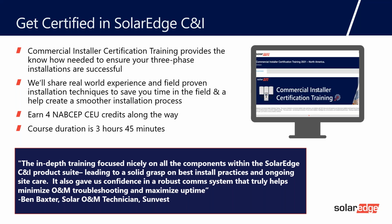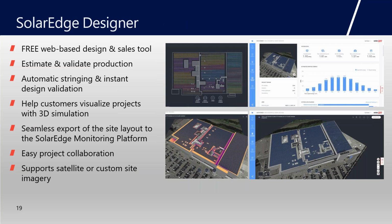And in addition to that, with the monitoring portal account that you likely have already with SolarEdge, with that user sign-in, not only do you get access to Edge Academy and all of the training resources we have available to our partners, you also get access to SolarEdge Designer. And this is a very powerful tool that I wanted to bring up today, namely because it's free. At no cost to you, you can use our web-based design and sales tool to both help you acquire projects, sell and close projects, do preliminary and detailed designs, but also to make your install planning and deployment and commissioning